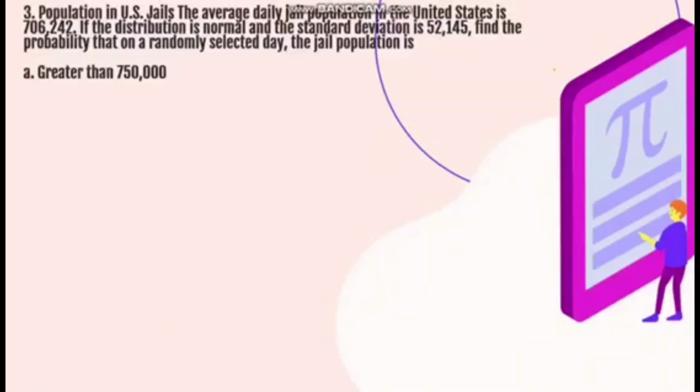We are now in 6.2, applications of the normal distribution, and I will answer number 3, that is population in U.S. jails. The average daily jail population in the United States is